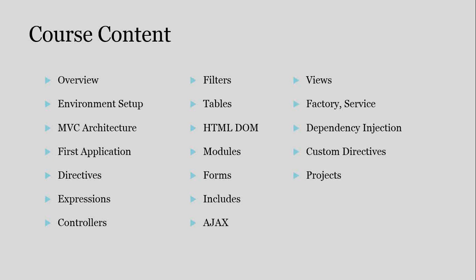So I will not be going by what is a directive and telling you what are the different functions and what are the different models that are available. I will not go like that. We will take up an example. We will see one function available in directives that is useful for this example. We will take one filter that is useful for this example. So that's how it works.